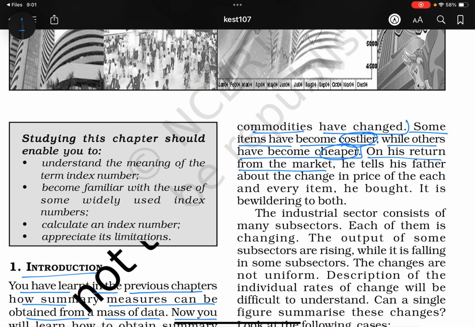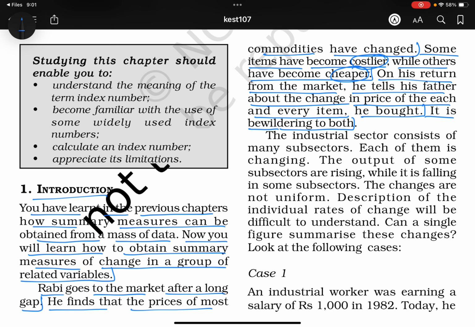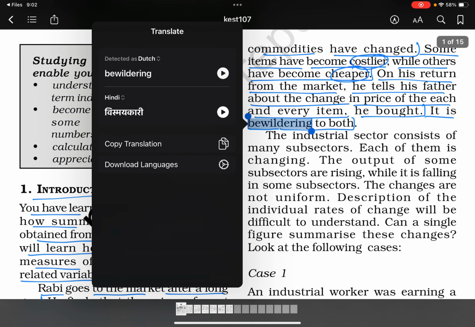On his return from the market, he tells his father about the change in price of each and every item he bought. It is bewildering to both. Bewildering मतलब विस्मयकारी।